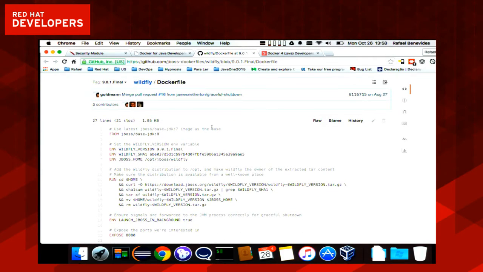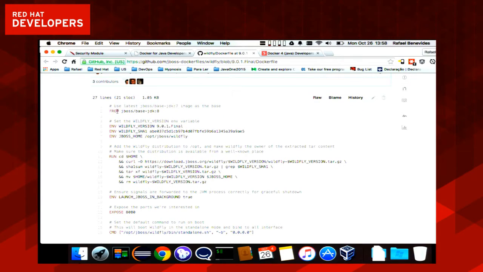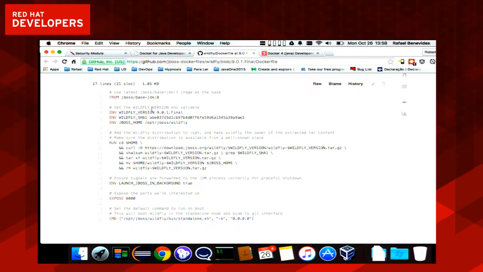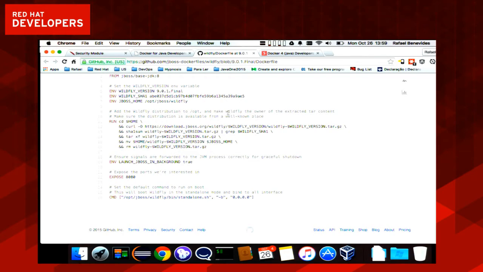To build a Docker image is extremely easy. What you need to build a Docker image is essentially a file called Dockerfile. And as you can see here, and I showed you, this image, the WildFly image, was built using the base JDK image from JBoss, which already has the operating system, already has the JDK installed, and it sets an environment variable. It downloads the WildFly,